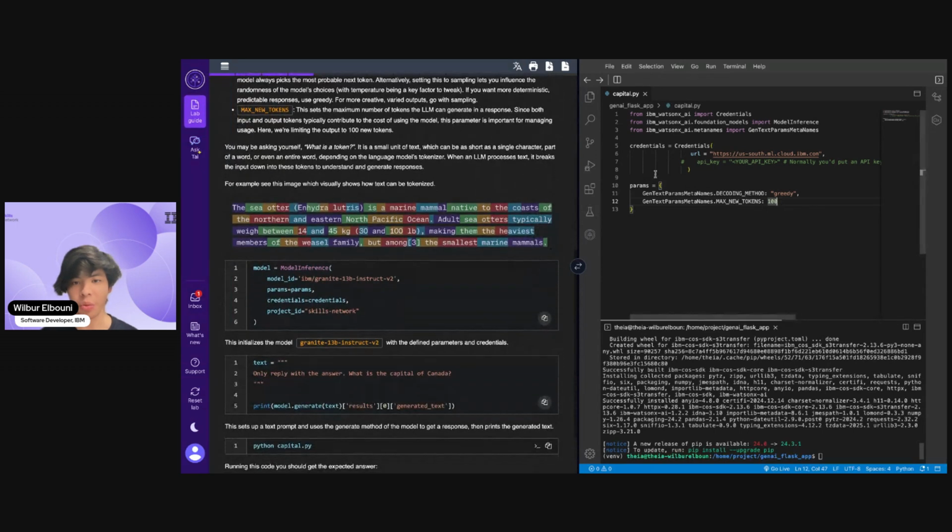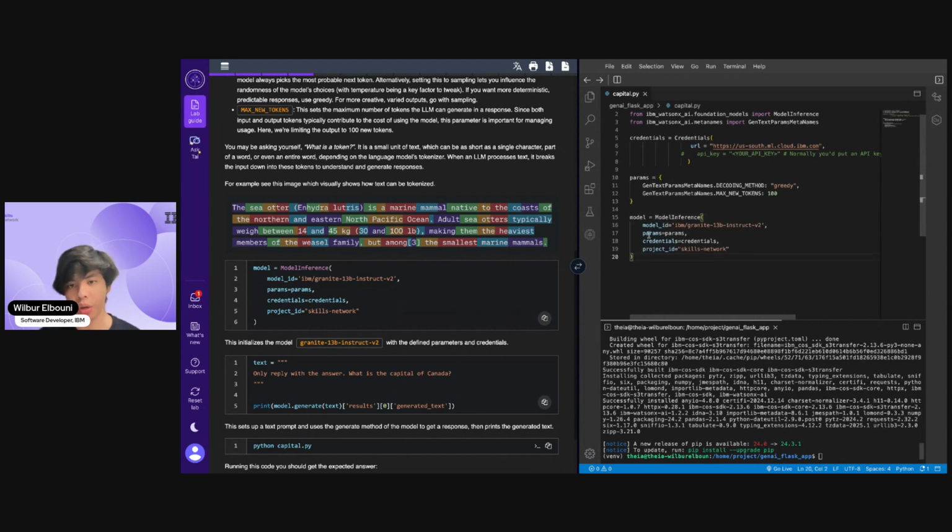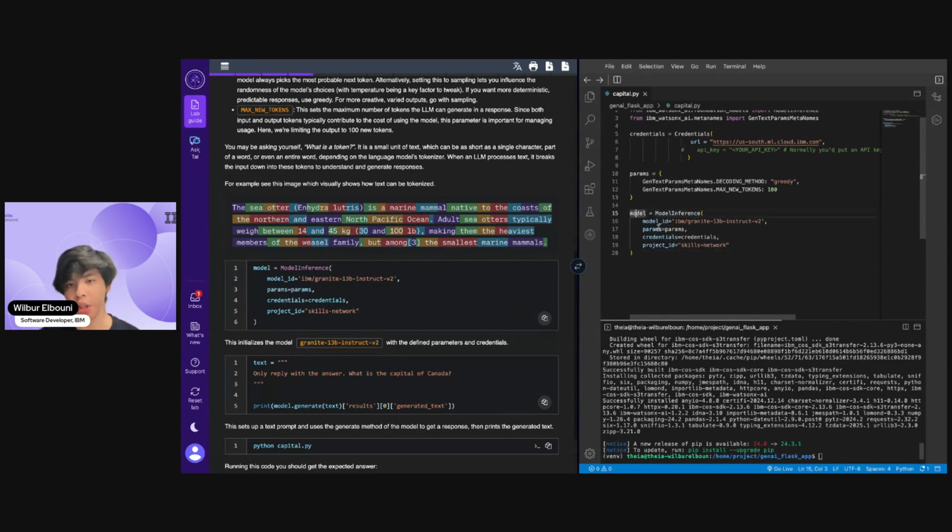Okay, we're done with params. Now the model. Here we're going to use model inference, where we're creating a model object. We're passing the model ID, and there's a whole bunch. Right now we're using IBM's Granite 13B Instruct v2. A little bit of a mouthful, not the easiest to roll off the tongue, but let's break it down. IBM is the company or the maintainers of it,